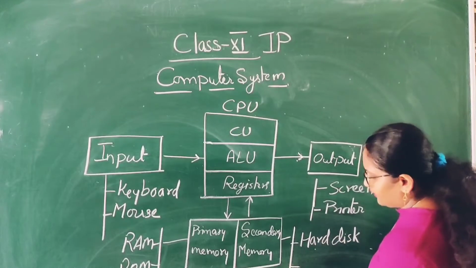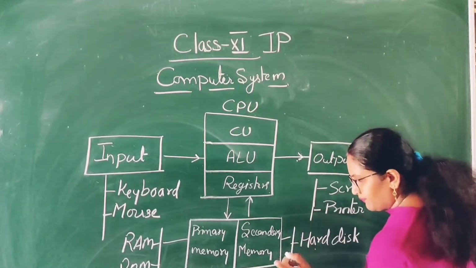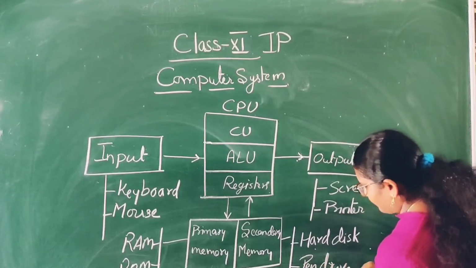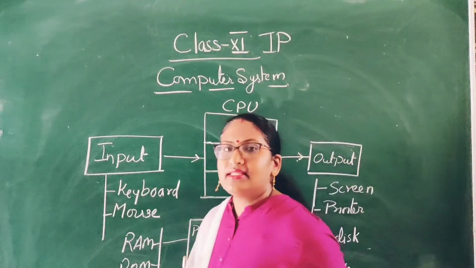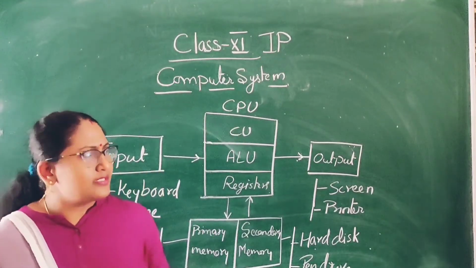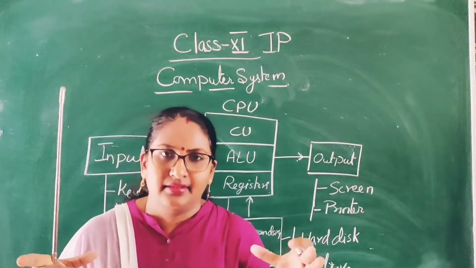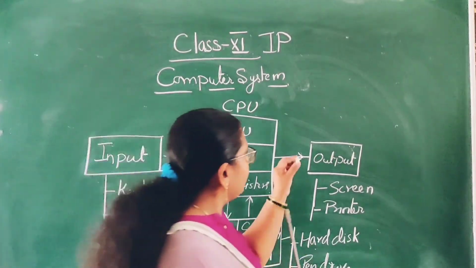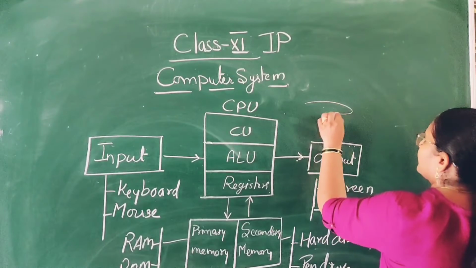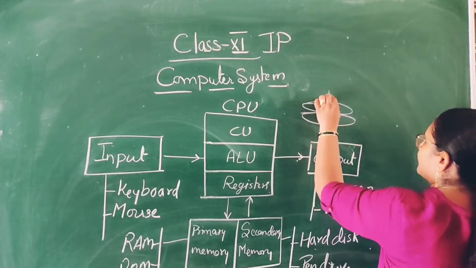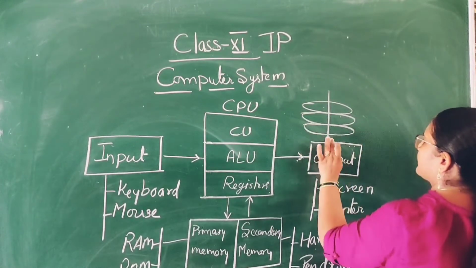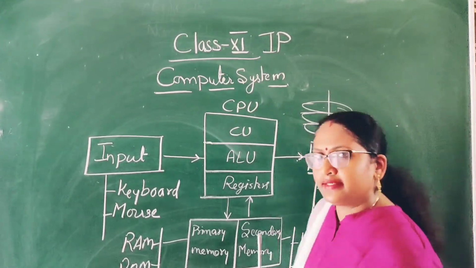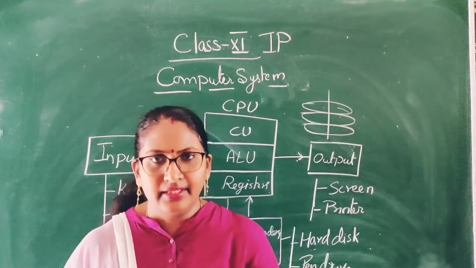Hard disk, you have this one, the pen drive. Hard disk, as we all know, is in the shape of a small packet. In that hard disk, thin layers of circular discs are mounted from the center like this, and the data is stored in that hard disk.